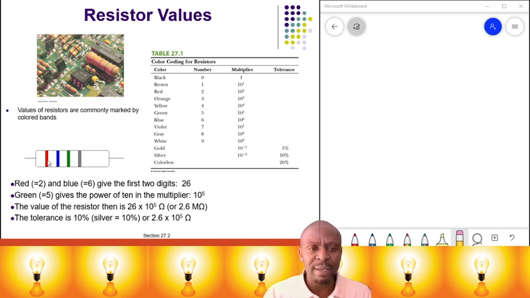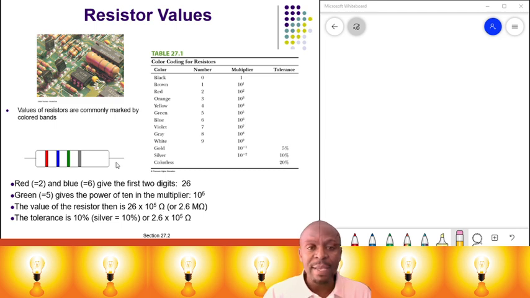Now, if the first color here from my left is red, that means the first number is 2. The second color is blue, which is 6, so the first two numbers are 26. The third color is just a multiplier, 10 to the power what? Green is 5. Therefore, the multiplier is 10 to the power 5. As a result, the value for this resistance is 26 times 10 to the power 5